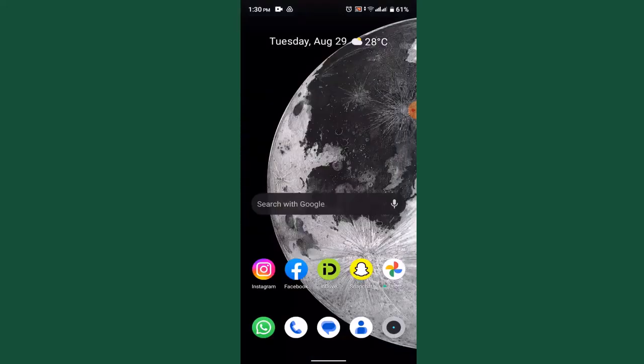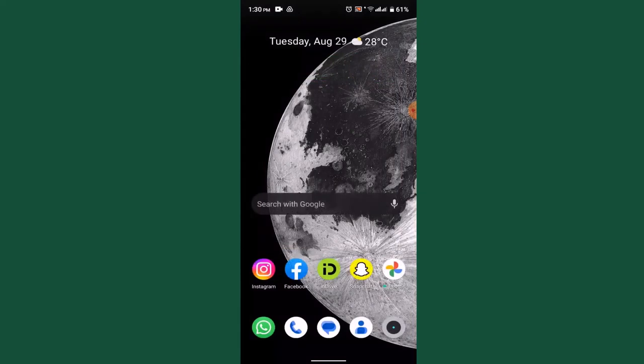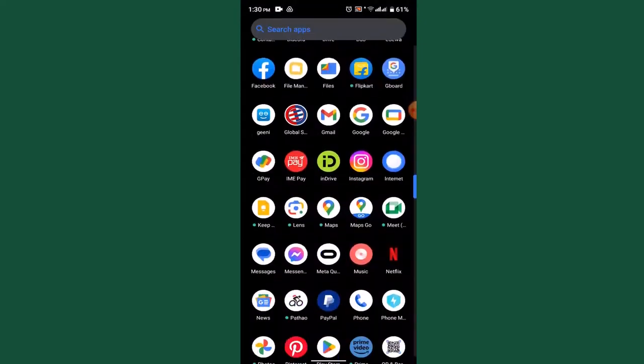You can also restart your WhatsApp. So what you need to do is basically close the WhatsApp application from all your background apps and then reopen the app and see if the issue still persists. And if none of these seems to be working,